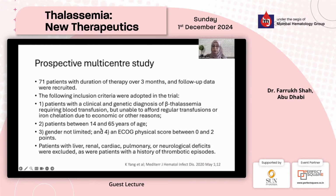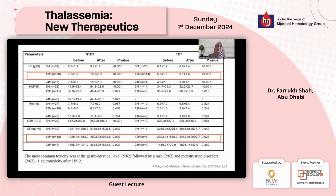And they took patients between the ages of 14 and 65 and an ECOG physical score of 0 to 2, and patients with a history of renal, liver, cardiac, or pulmonary defects were excluded, as well as those patients who'd had thrombotic episodes. This is the results from the trial, and what you can see is really significant improvement in the hemoglobin